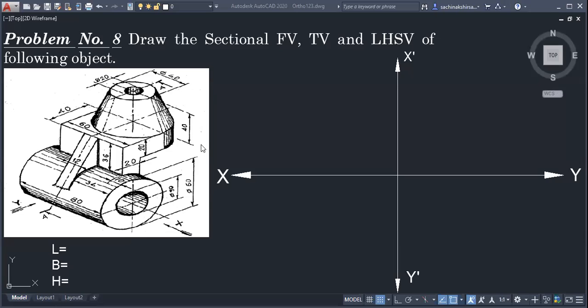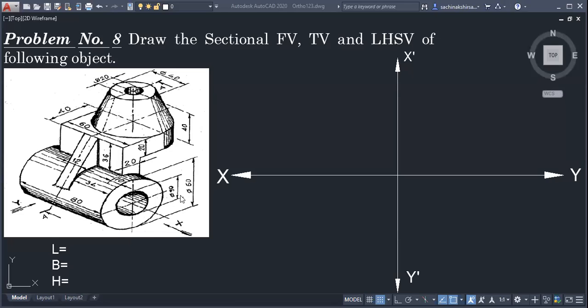Are you observing the capital A in this object? Yes, sir. Here, if you see my arrowheads, there is one A, and another, and the center line is passing up to the top. This is called the cutting plane, CP. Along this plane the object is cut, and we are supposed to draw the sectional front view.